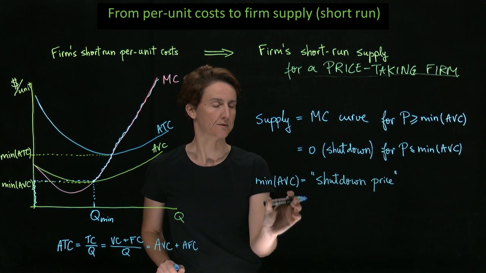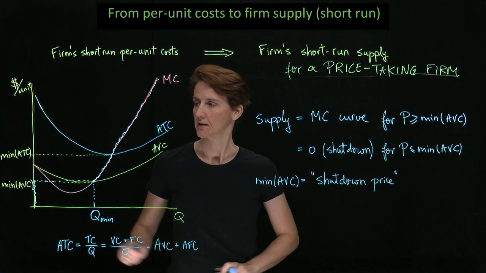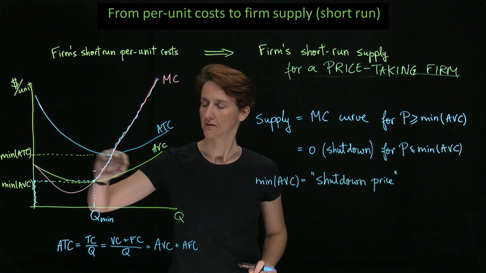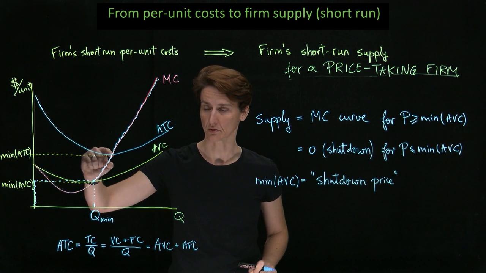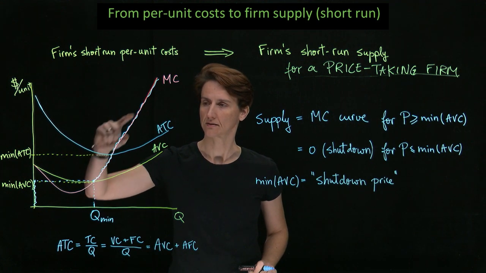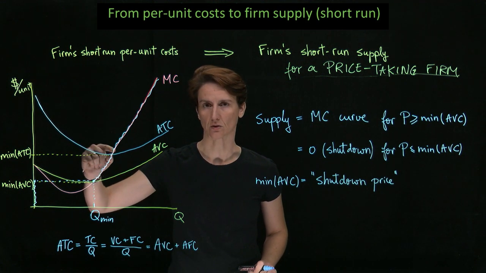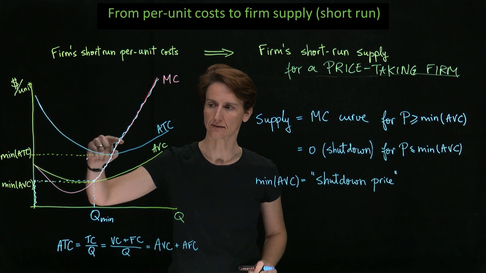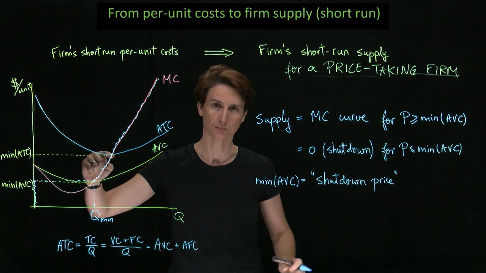The minimum of average total cost is the point where profit will be 0. It does not mark a difference in whether or not the firm produces. At this region of price, the firm is producing in the short run,